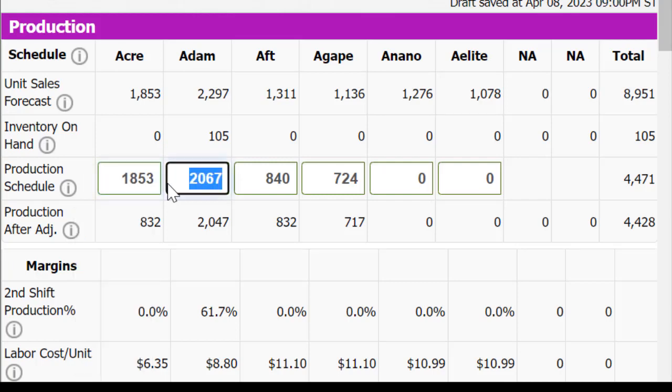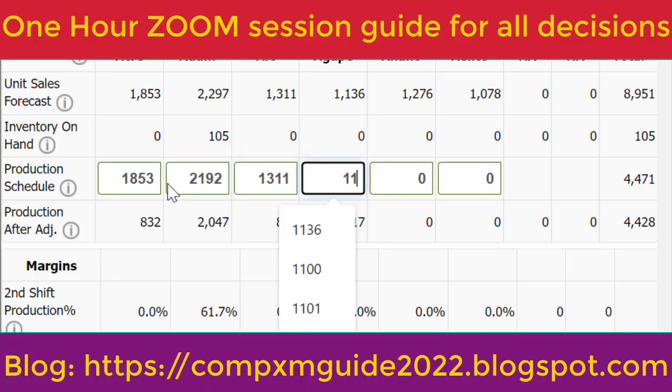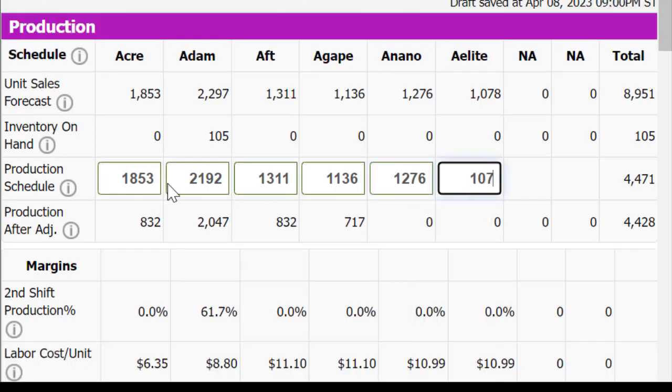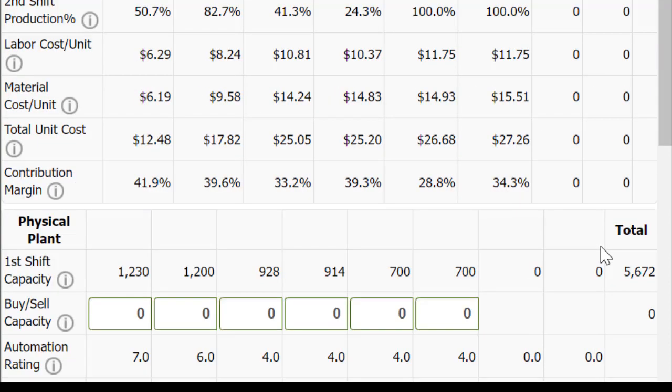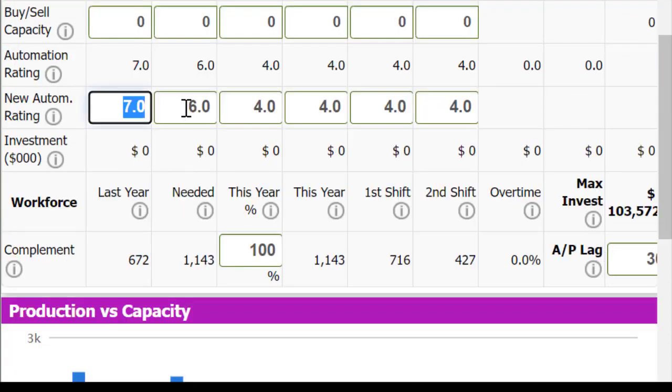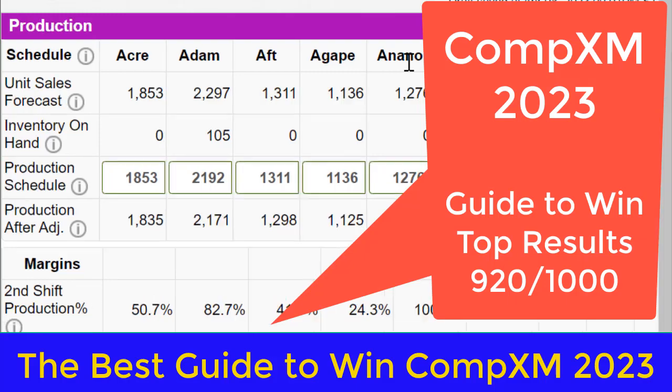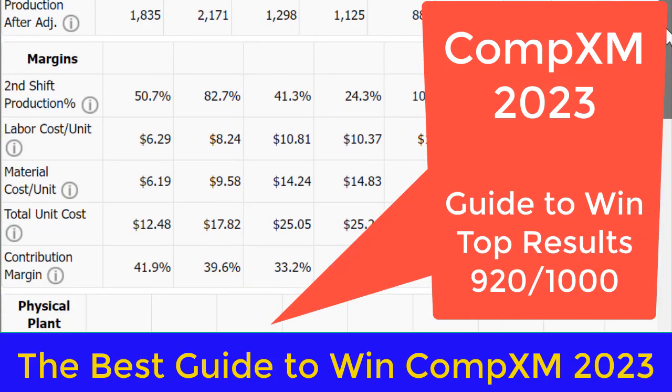And now we input the numbers for the production schedule. We also remember to put the production for the 2 new products and the 4 existing products, because we can start the production of all the 6 products including 2 new products from round 2. We can increase automation of Trips to 8 and Core to 7, and the others we can increase to 5. And also remember to add the new capacities for the needed products, balancing and keeping track of our total budget